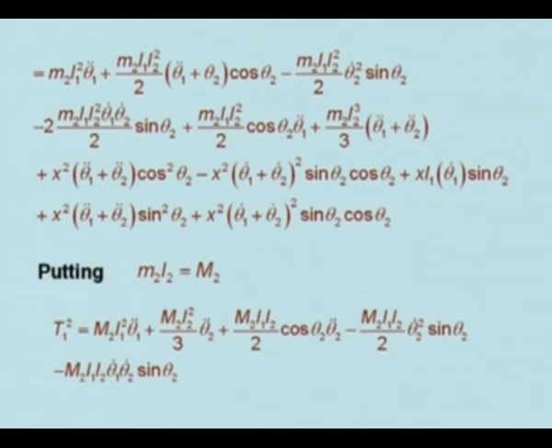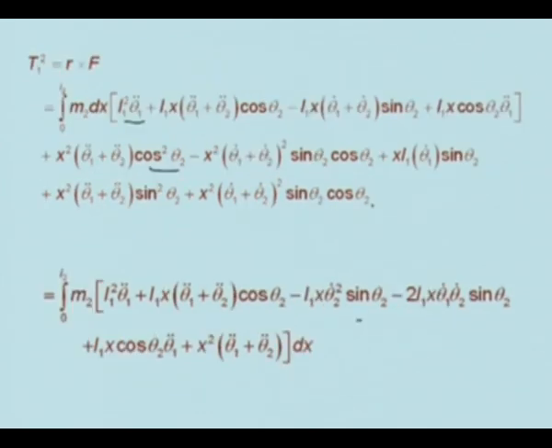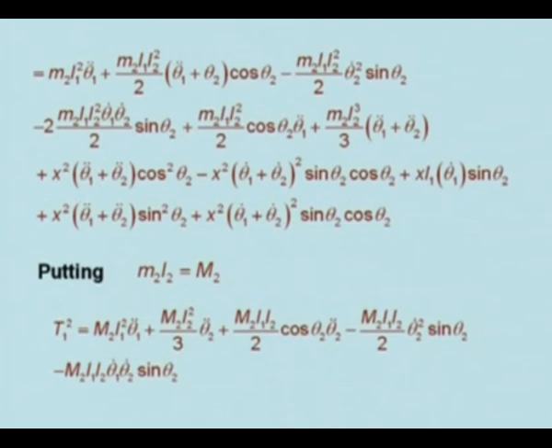Now, if we do the integration from 0 to L2, over the particles from 0 to L2, we get this expression: M2 L1 square theta 1 dot plus M2 L1 L2 square by 2 theta 1 dot dot plus theta 2 dot dot cos theta 2 minus M2 L1 L2 square by 2 theta 2 dot square sin theta 2 minus 2 M2 L1 L2 square theta 1 dot theta 2 by 2 sin theta 2